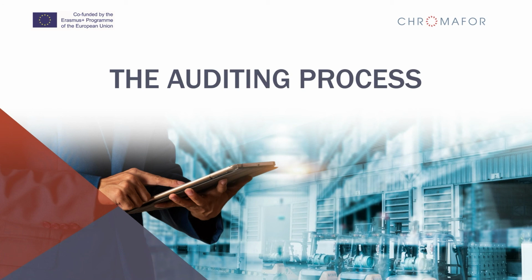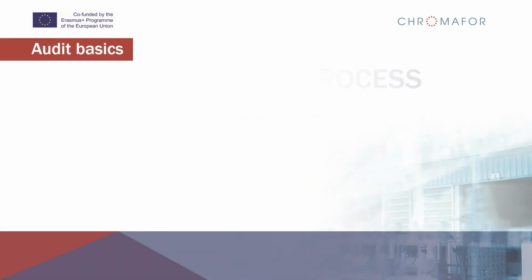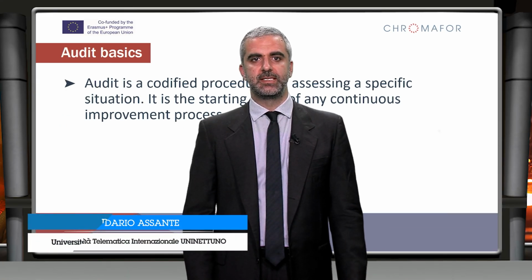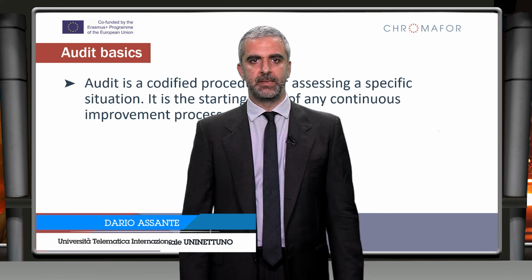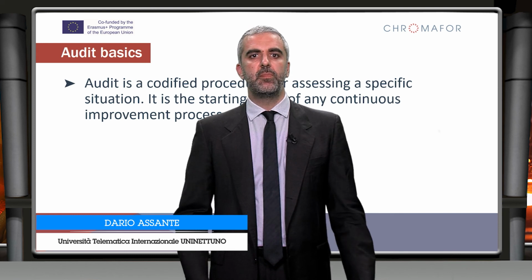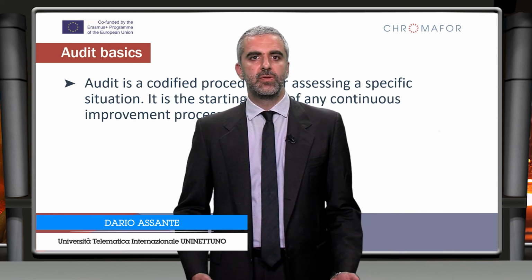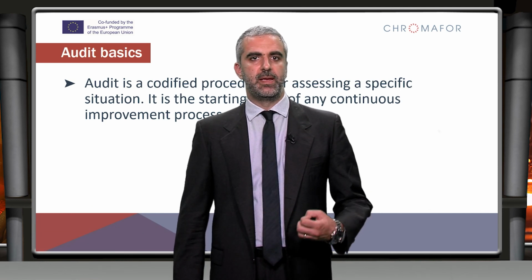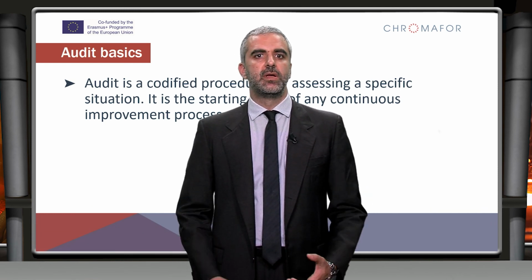The auditing process. Audit is a codified procedure for assessing a specific situation. It is the starting point of any continuous improvement process. The audit is a procedure that has been designed to measure something according to a standardized procedure and to compare with the reference to measure the distance and so to find a solution to improve a process, an organization, anything